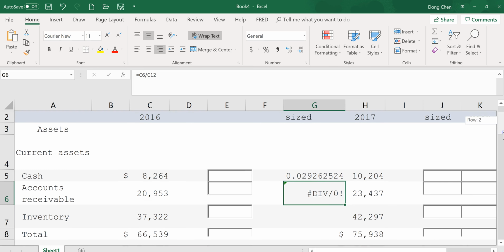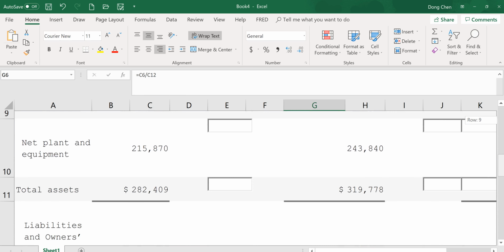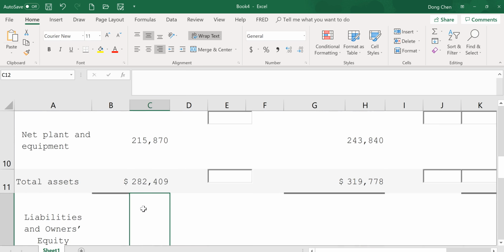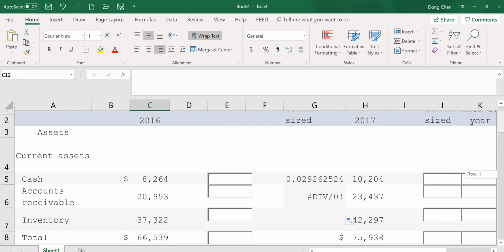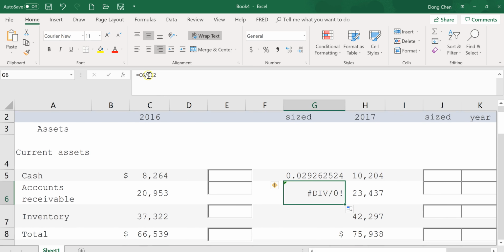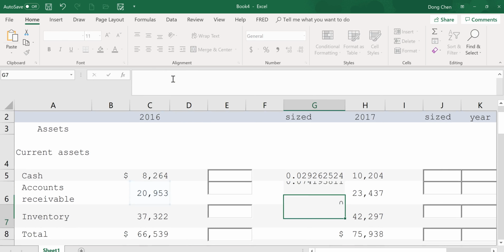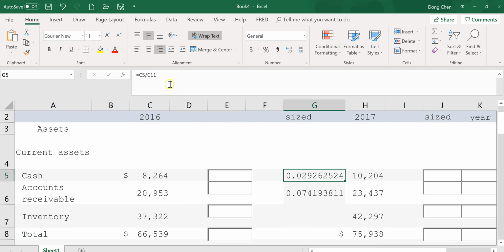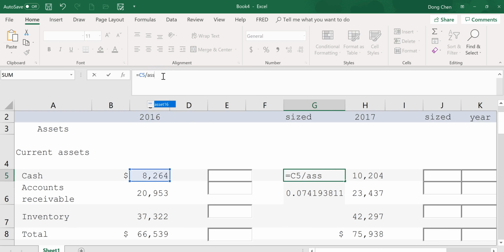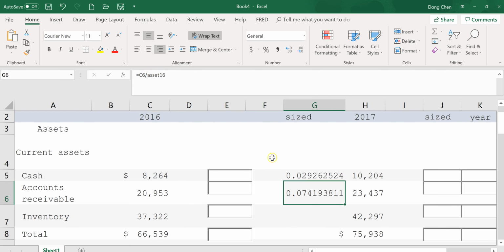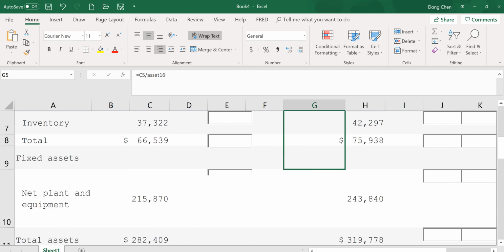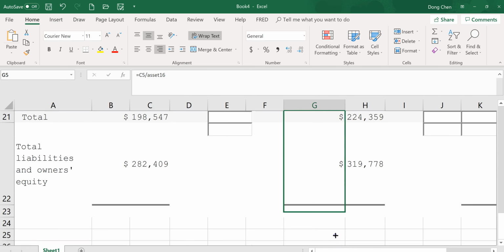But C12 here doesn't have any number. That's why it shows up as an error message. So now if I change this to be the variable name asset 16. Sorry, I should change this one, the asset 16. For cash it is the same, but when I pull this row down, all the way down to